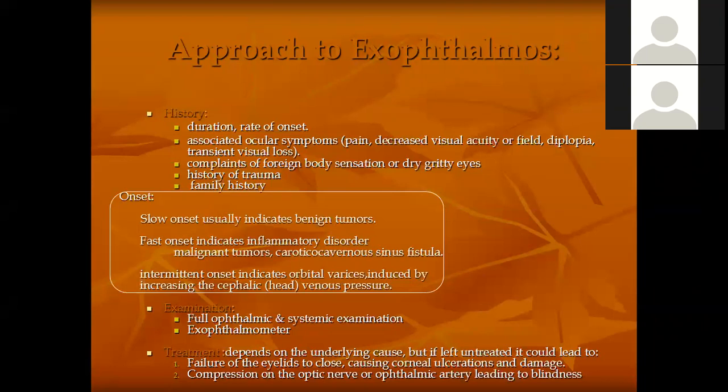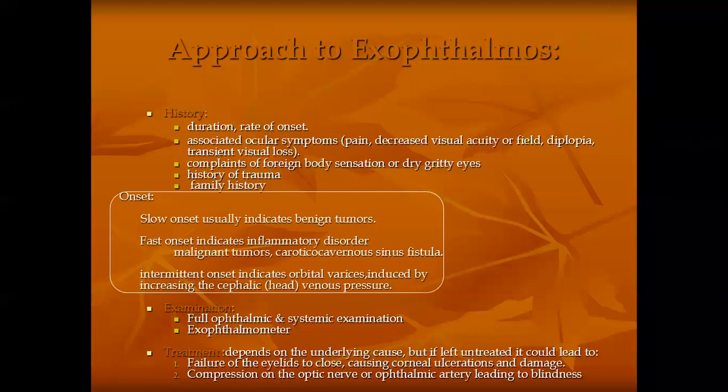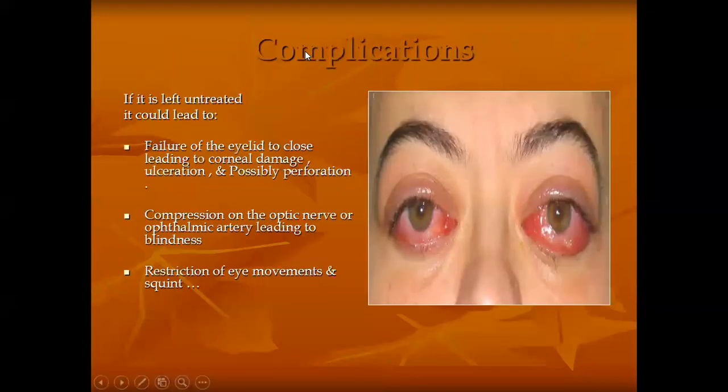You can't remove the roof because on the other side there is the brain. You can't remove the medial wall because on the other side there is the nose, and then there is the very delicate ethmoid sinus which also leads to the brain. So the only walls that can be removed are the floor and the lateral wall. You can remove them and cause decompression. This is called decompression. Okay.